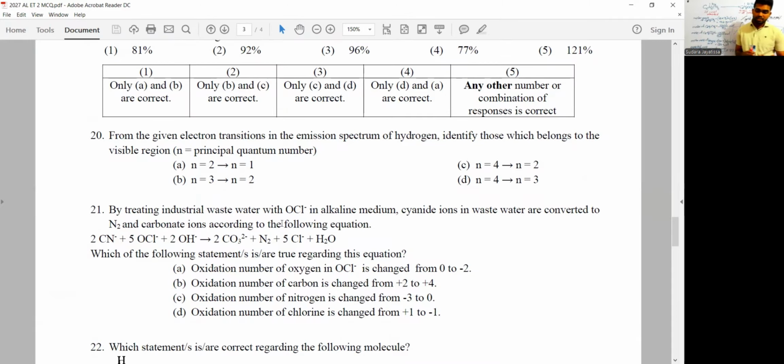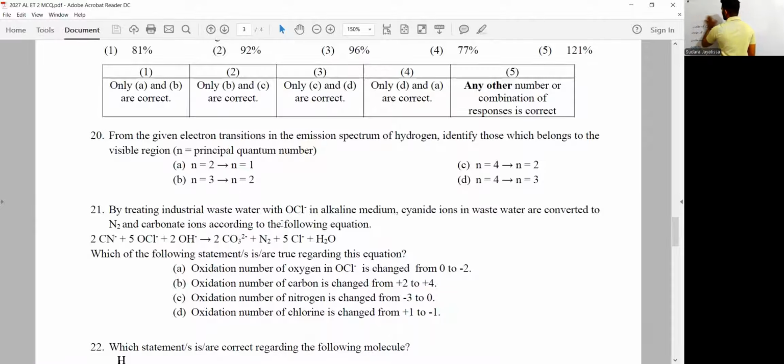From the given electron transitions in the emission spectrum of hydrogen, identify those which belong to the visible region. Visible region. So it's the hydrogen emission spectrum. Right. So I discussed this one several times with you. So now let's see simply how we get the answer here. In the hydrogen emission spectrum,